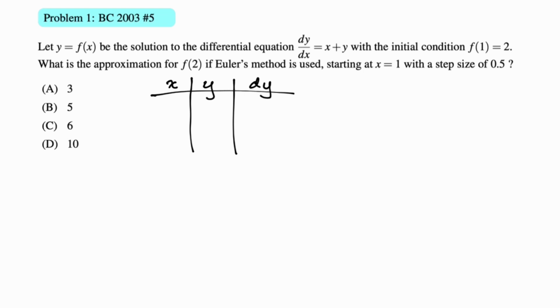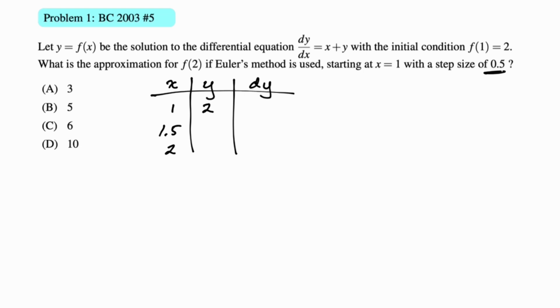You can actually, I guess it depends on the problem, fill in the x column right away. We know the initial condition is (1, 2). We know our step size is 0.5, so you're going to just keep adding 0.5 to x in this case. Watch out, by the way, on the exam for negative step sizes. It happens. Now we've got to calculate dy, and dy is going to be delta x, which is 0.5, times